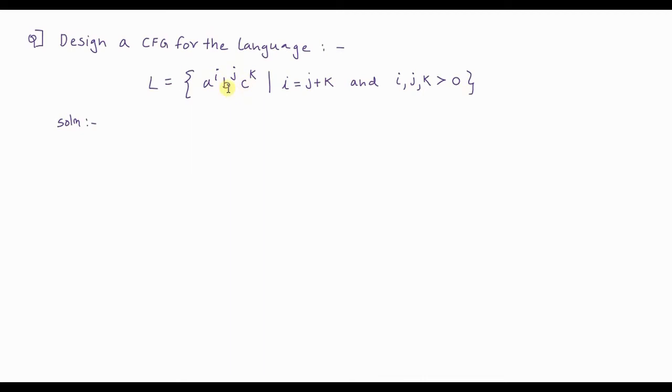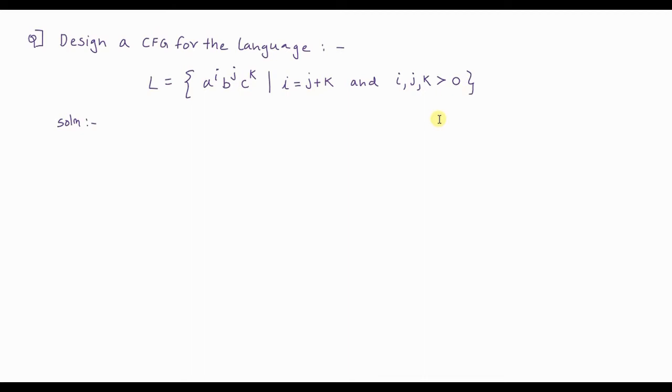But the second observation is a different one, which says i equals j plus k. Now b is repeated j number of times, c is repeated k number of times, and the value of i is the addition of j and k, which simply means the total number of a's present in any valid string should be equal to the sum of b's and c's. Suppose in the given string there are 3 b's and 2 c's, so there has to be exactly 5 a's. So that's the meaning of this, right? Now with this idea, let's continue.